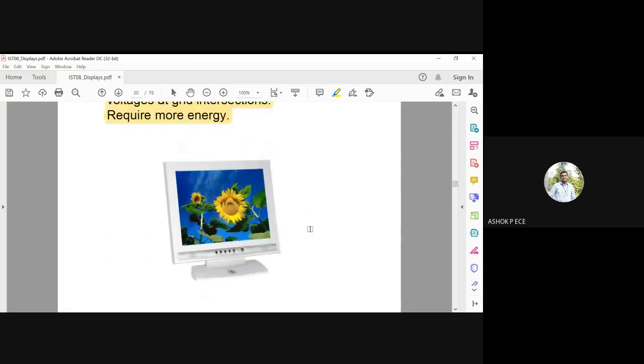This is a simple example of an LED display monitor. You see a flat panel. In CRTs, you have this big box at the back, right? That is not there for LCD and LED. It looks very compact and it has a very flat back. That's why it is even transportable. You can carry it wherever you want. It is not that heavy either.